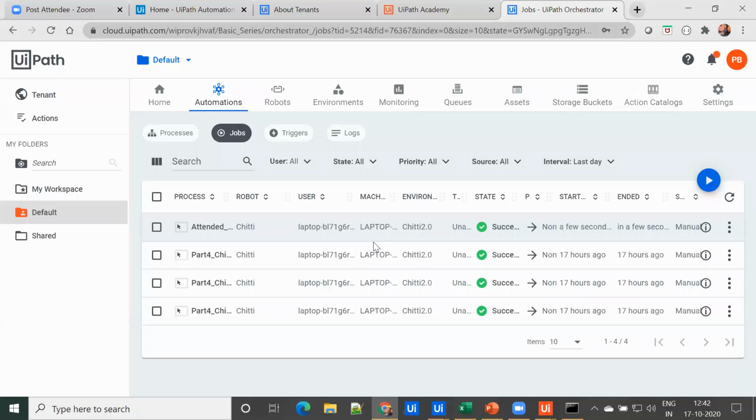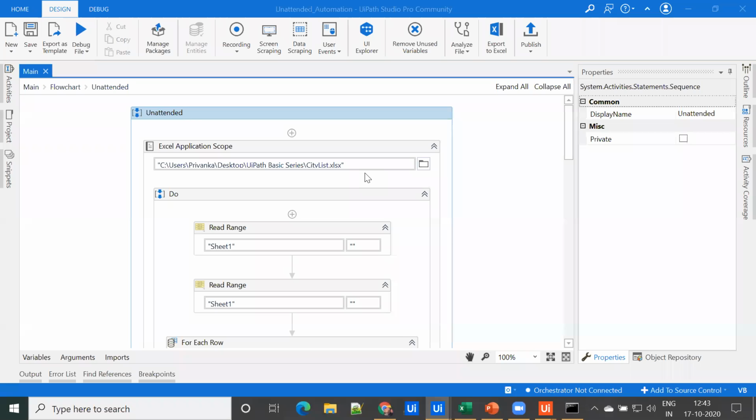So this was the attended automation. We have seen what attended automation is, where human intervention is needed, and how we can run attended automation from the orchestrator. So let's see what unattended automation is. In the previous session, somebody asked how we can fetch the weather details for multiple cities.